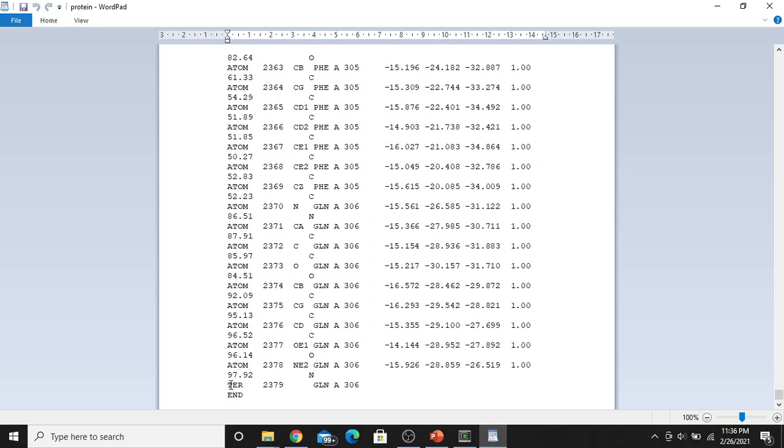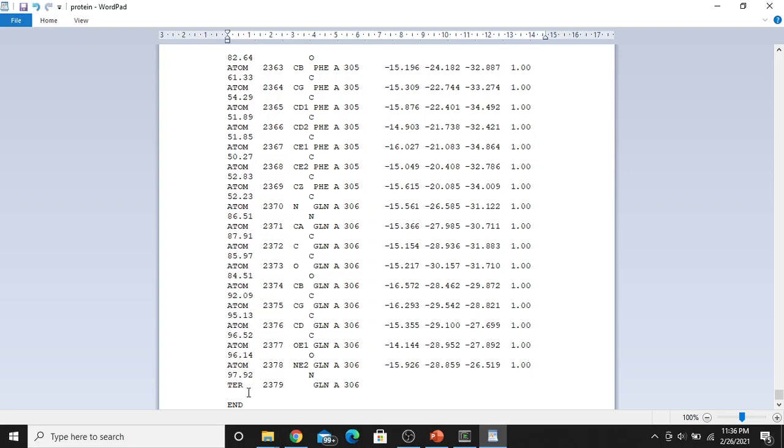Okay, sometimes there will be some END MTL also, so just below it. Just remember that you have to copy the ligand coordinates just above the END. You just refer to the END only. Okay, so here I have to paste the ligand coordinates.